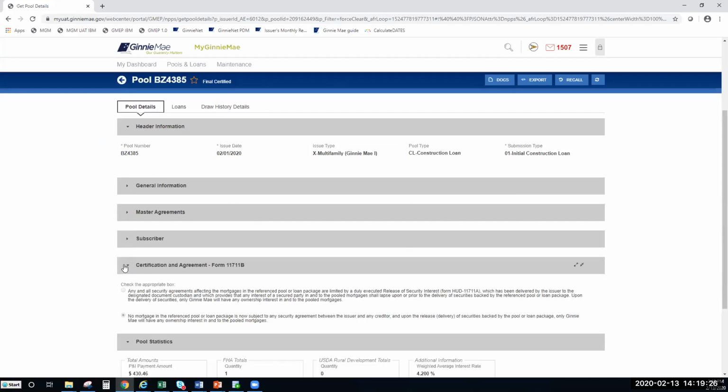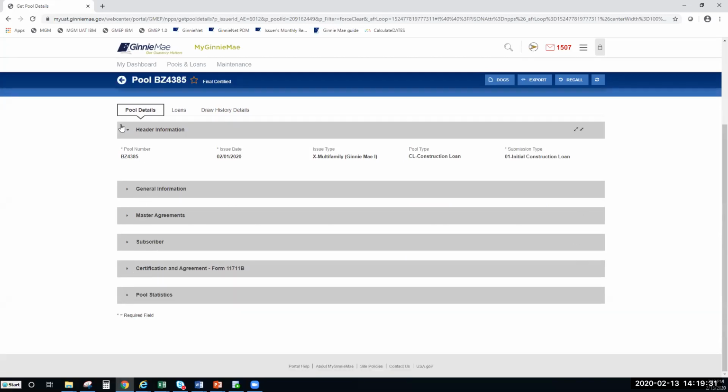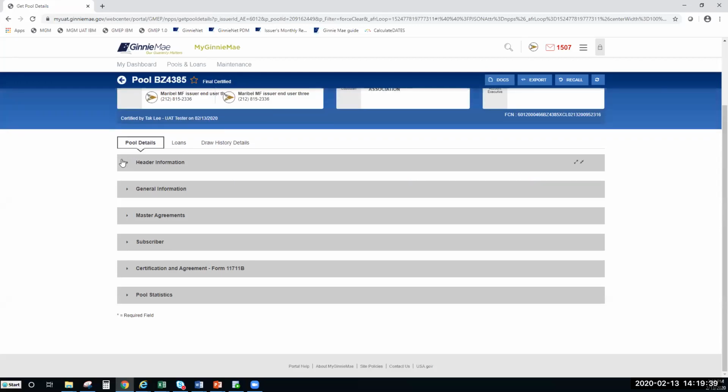See, you can collapse the information if you don't want to work in a section and you just want to continue working in one area. You can work in that area, then continue down. So you have the ability to collapse the different fields. Okay, let's do